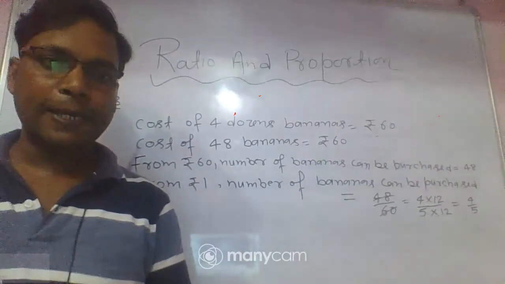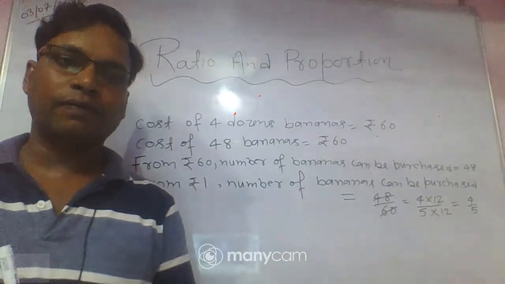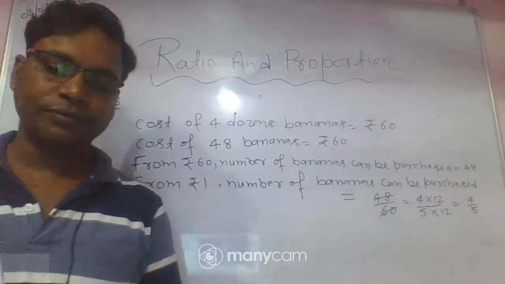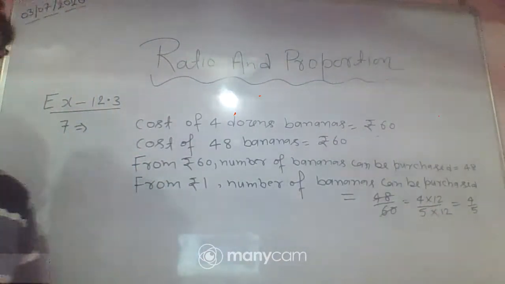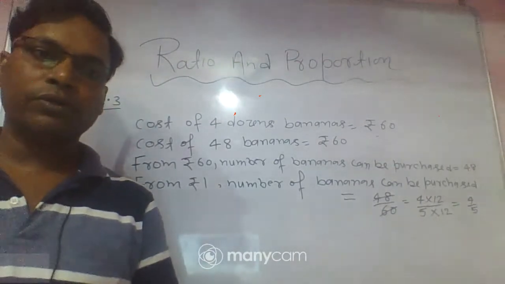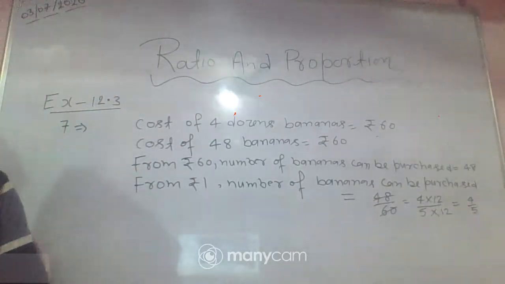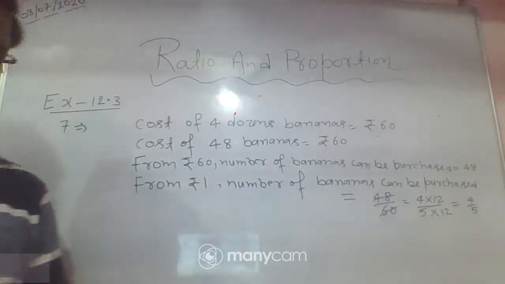So what is the amount we have? 12 point... What is the amount we have? How many rupees worth of bananas do we have to buy? Given 12.50 rupees. Okay. So here we write from 12.50